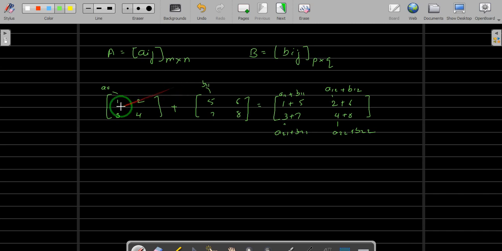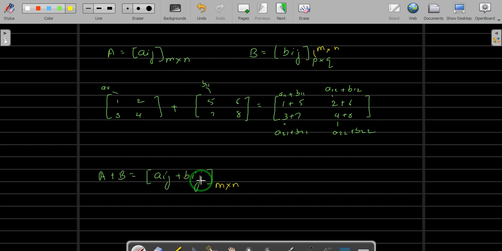The addition is defined as: you take the Aij element from the first matrix, the Bij element from the second matrix, and the resultant is the matrix Aij plus Bij. So A plus B is a matrix where you write Aij plus Bij, and as we just discussed, the matrices should be M by N, same order, and the resultant matrix is also of the same order, M by N.